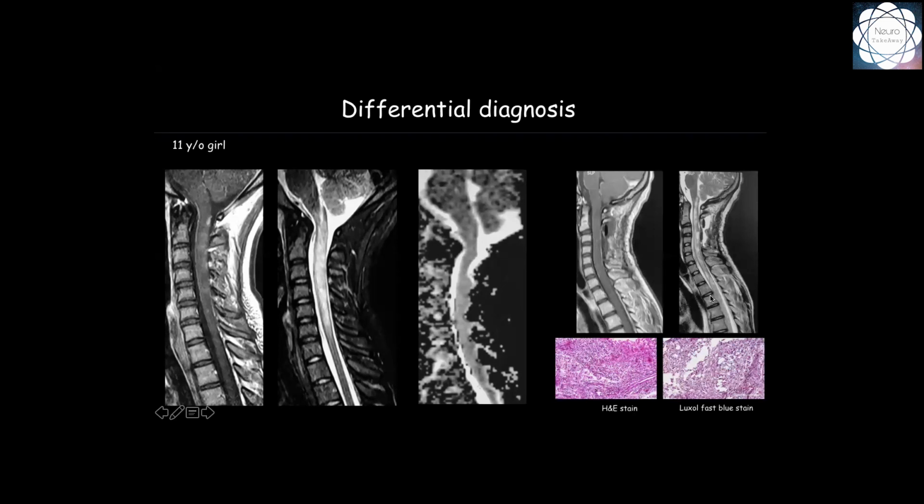We performed a control, and you can see the improvement of the lesion, the resolution of the expansion, and the biopsy showed these macrophages filled with myelin contents. And afterwards, they performed the study of this patient, and it was a case of NMOSD because she had